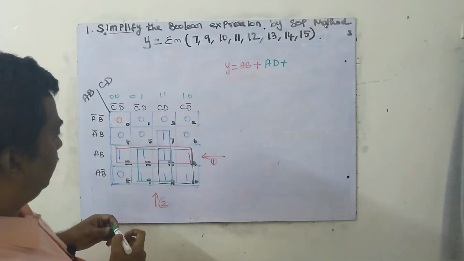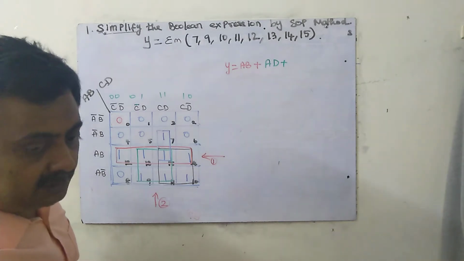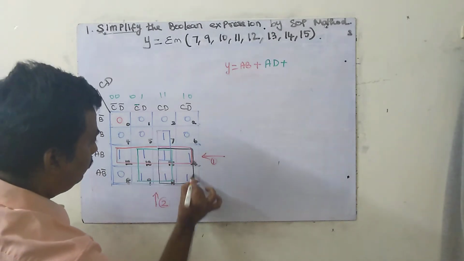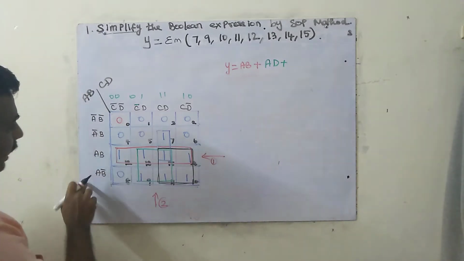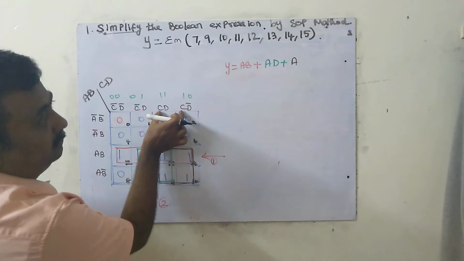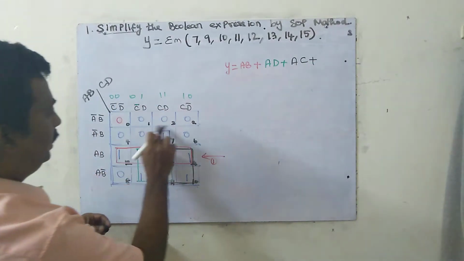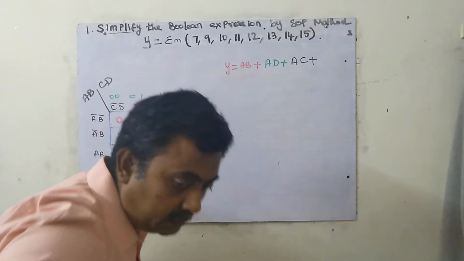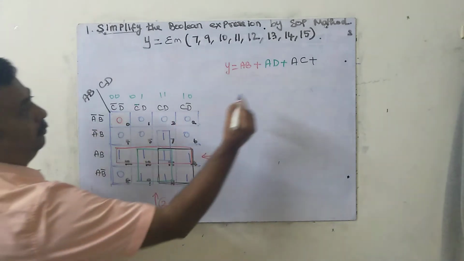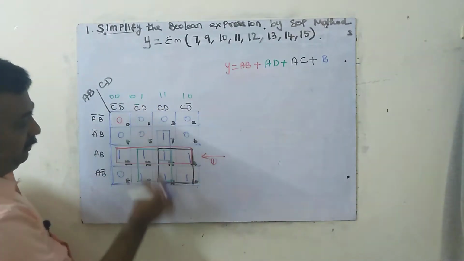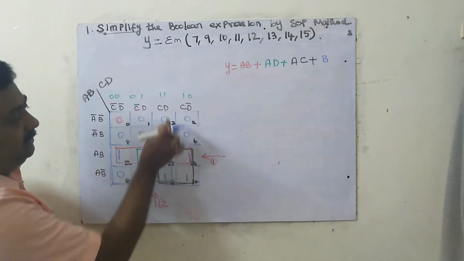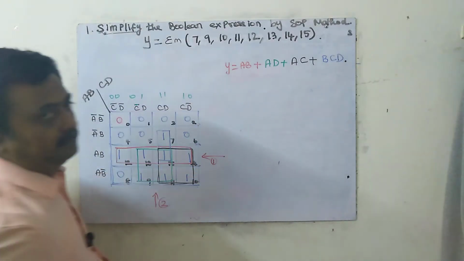Then I have to go for which box? Black color box. Which is the black color? This 4, this corner. If I see from here for this 4 part, A is common. If I see from here, which is common? C is common. Finally, I have to go for this 2 box, the blue color box. For the blue color box, if I see from here, only 2, which is common? B is common. If I see from here, only this 2, 1, which is common? For this 2, 1, both C and D are not changing. So it is CD. So this is the final equation.